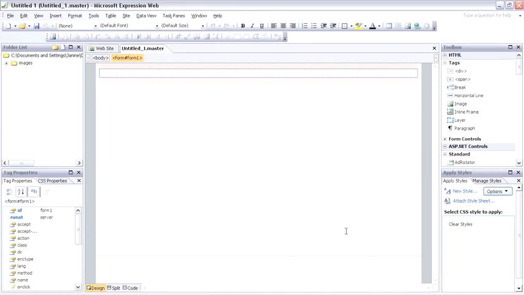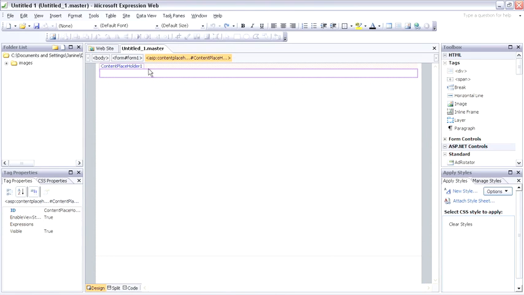Notice that when you create a master page, Expression Web automatically starts you out with this form. And if you click inside, you'll see that it's a content placeholder. Content placeholders in master pages are like editable regions in dynamic web templates. The only content you'll be able to edit on a page that's generated from this master page will be content inside this content placeholder. You can create as many content placeholders as you want in a master page, and you'll